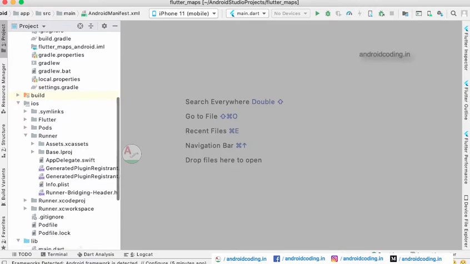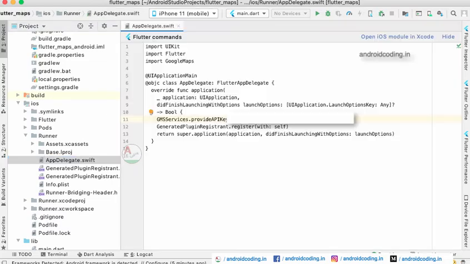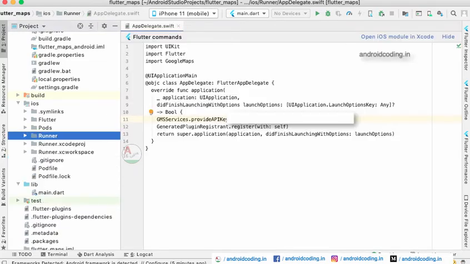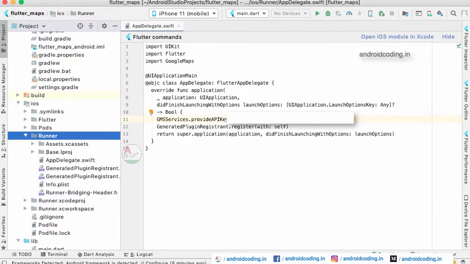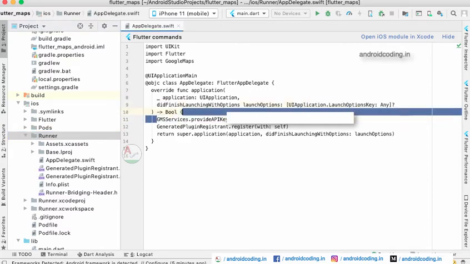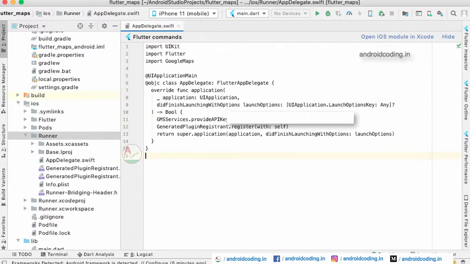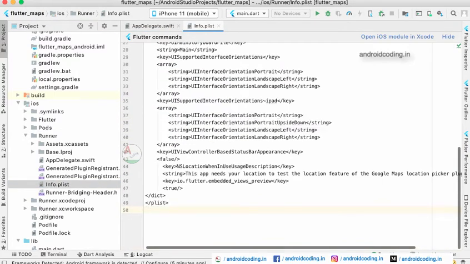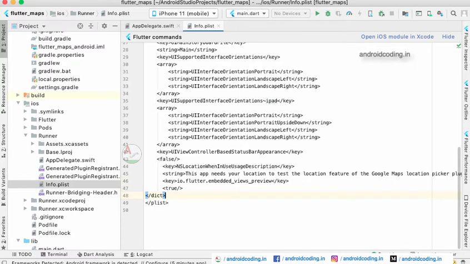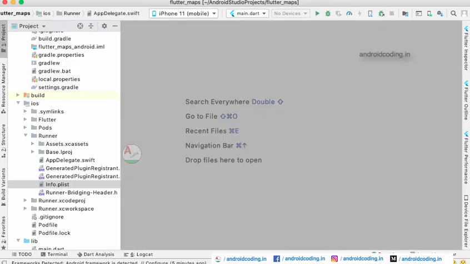as we are developing a Flutter application, you need to add both Android and iOS configurations. In AppDelegate.swift under the Runner folder, we need to add our API key here. This is Swift, the language of iOS, so we are adding it here. And in the Info.plist, you need to provide these keys and make them true. So this is the initial configuration you need to do for both Android and iOS, so that you would be able to access the maps.